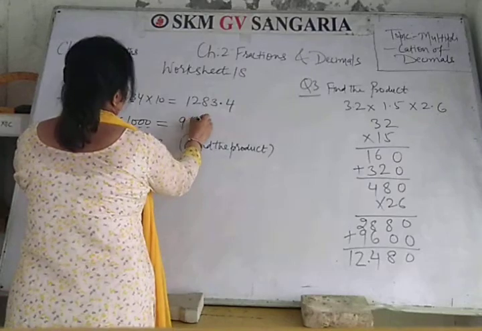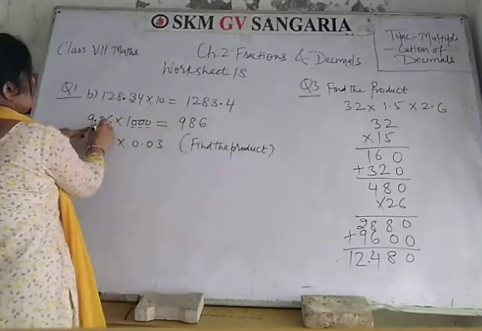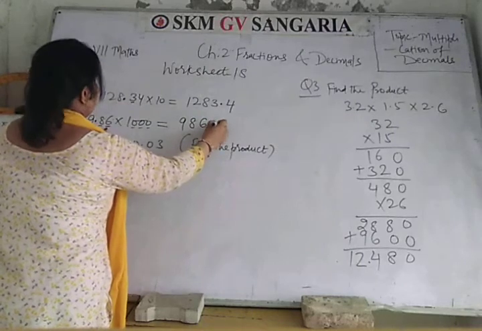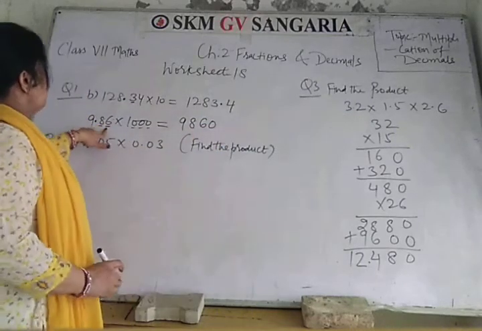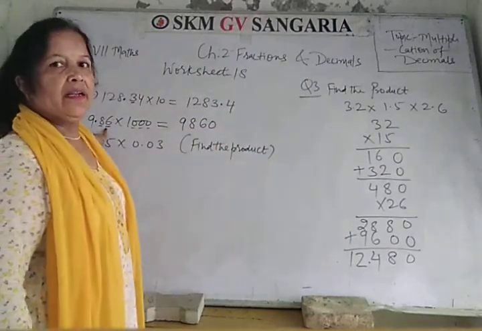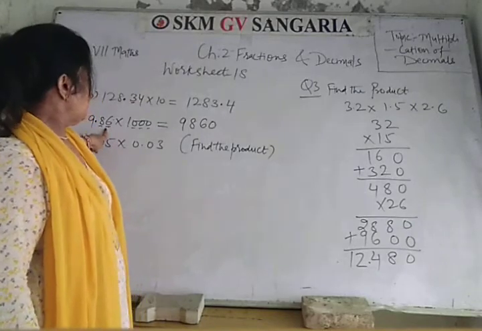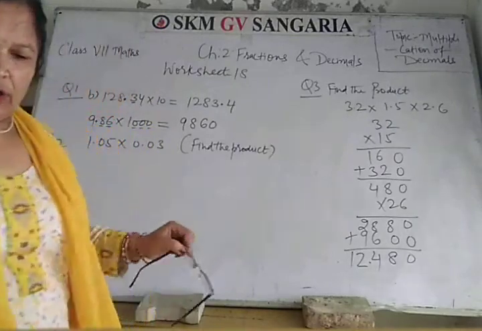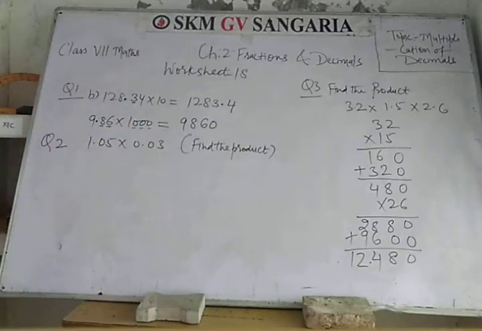So it will become 98. There were 2 digits only, and we will put 1 zero from our side, and the number will become 9860. Okay,